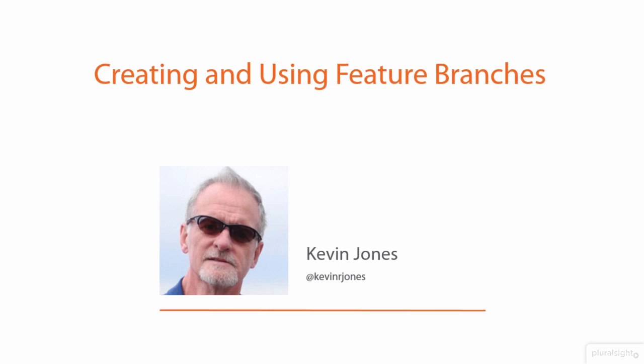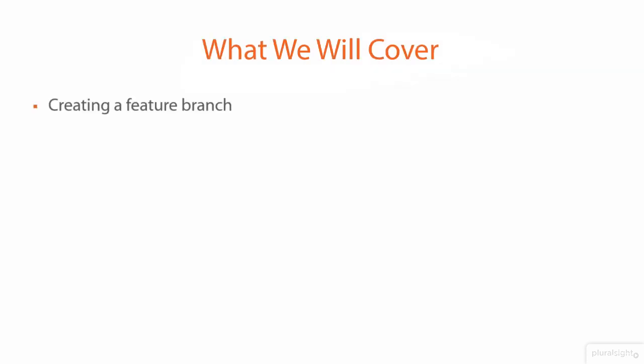This is the Creating and Using Feature Branches chapter of the Using Git Flow class. This chapter will look at how we set up and use feature branches with Git Flow, and we'll see what benefits this can give us. In particular, we'll see how we can create a feature branch, how we finish the branch and merge those changes back into development,